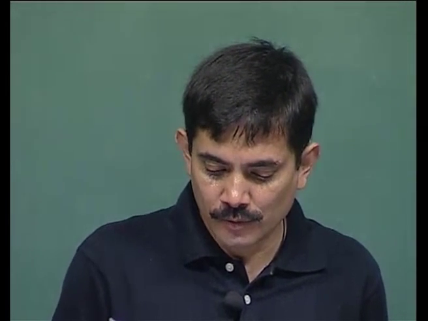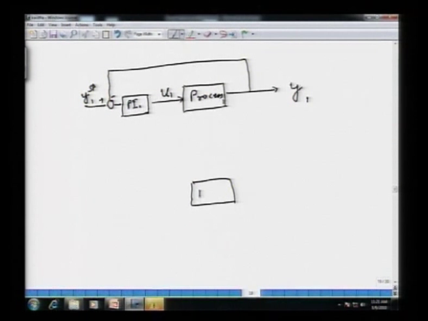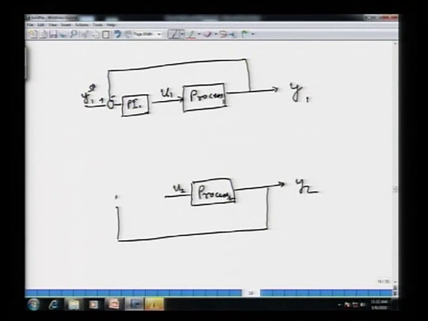What would be a multivariable system? I also have a process 2. I have an output 2 which is being controlled by adjusting input 2, and I have a PI controller, let us say, that does that. So, this is shown here. I have got y2 set point, I have got PI controller number 2 which is adjusting u2.